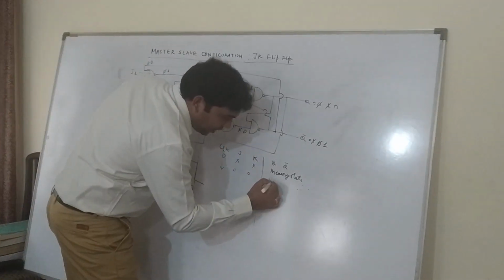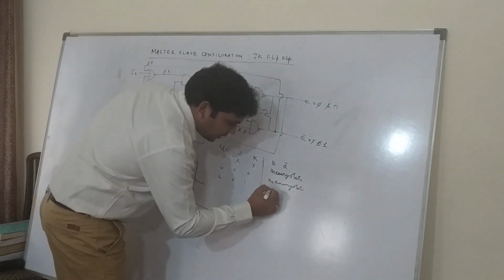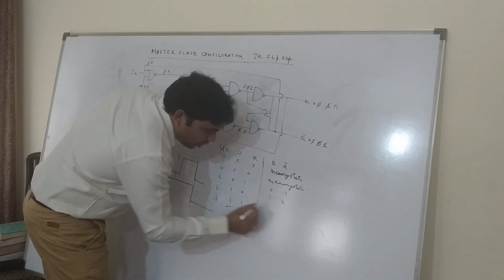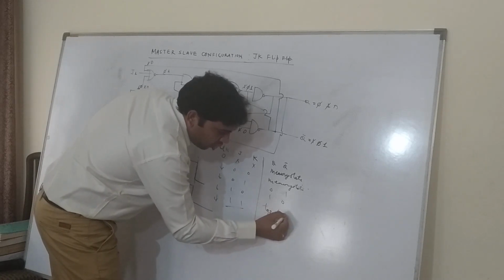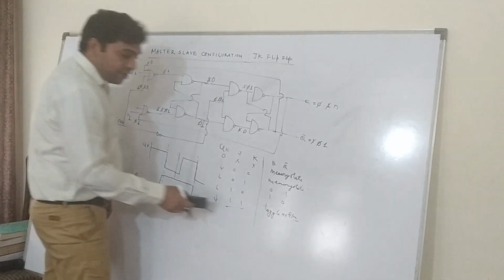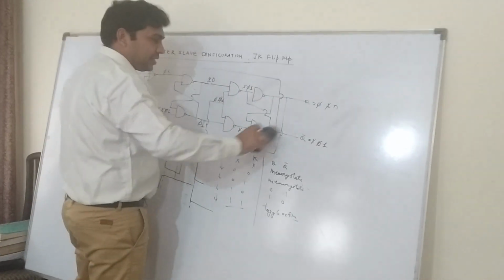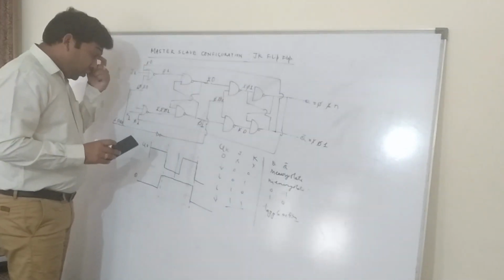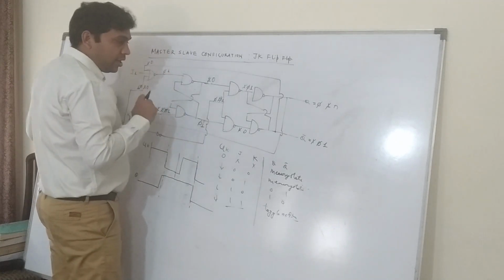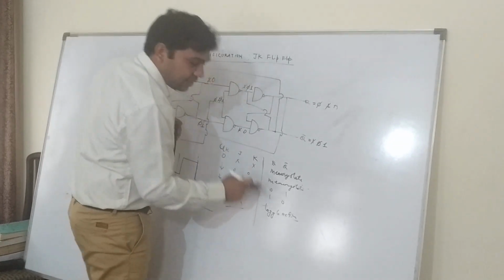So 0 0 is memory, again no problem. 0 1 gives 0 1, 1 0 gives 1 0, and 1 1, this is very important, now you have a toggle action. But you get this toggle action with extra circuitry. So what we have done is we have used a large area. Number one, we have paid more for this extra circuitry, and then we have converted the racing condition into toggling action.